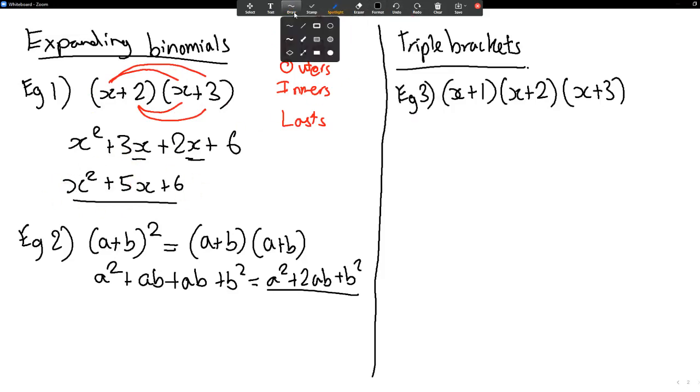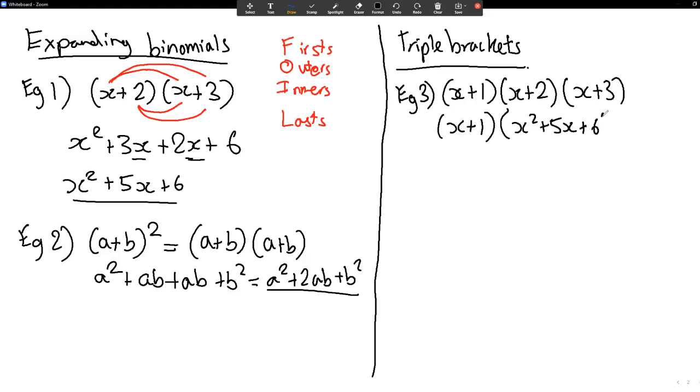If we didn't know that, we would obviously have to use the FOIL method to find it. But yeah, we can just replace that with x squared plus 5x plus 6. The only reason I'm not doing the calculation now here is because I've already done it here. But you would do this if you're doing it. And now we have